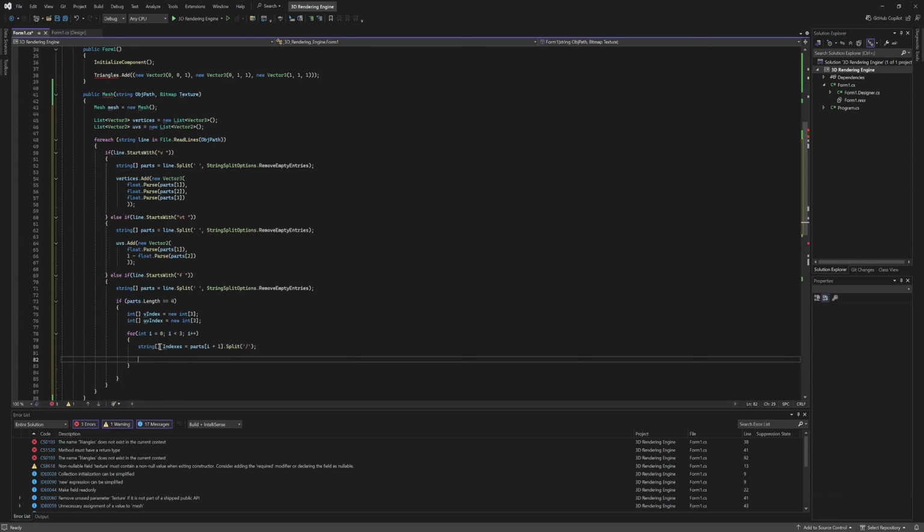So we're creating a new array of string called indexes, and then we're going to be splitting